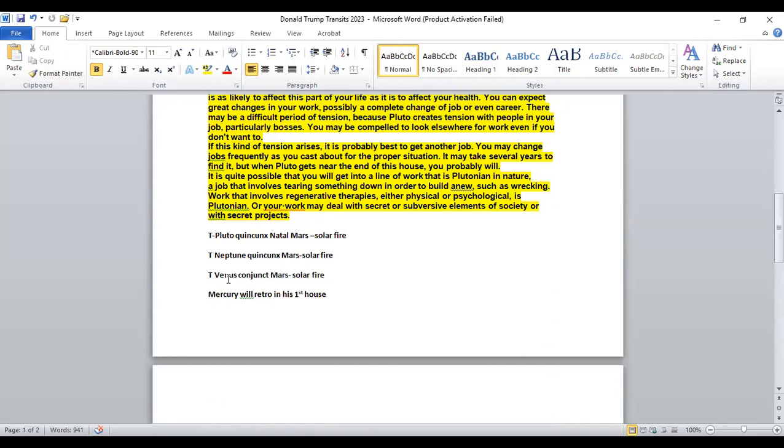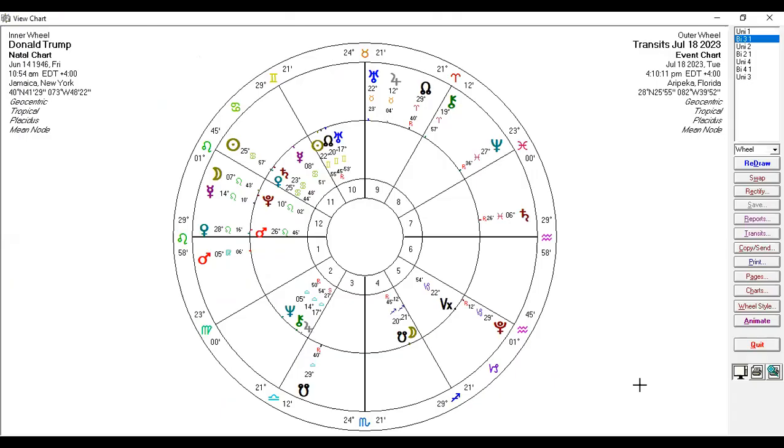Okay, let's see. We talked about transiting Venus on Mars. Oh, Mercury will retro in his first house. We got that one too. Let's just look at that. Go back over to his chart. So Mercury, we're kind of bouncing back and forth. Mercury is out here in Leo right now. We got all this stuff in Leo. So this is bringing up again, and then this